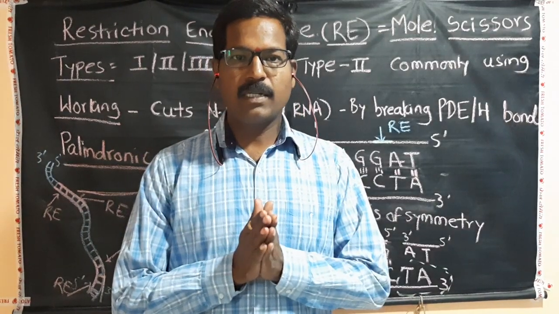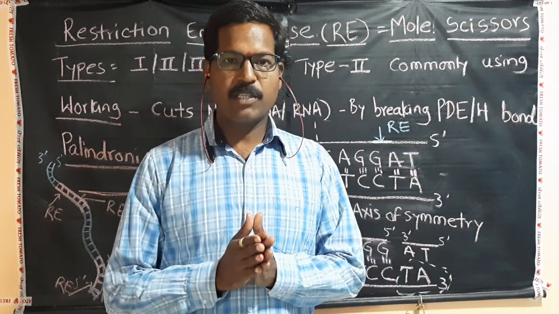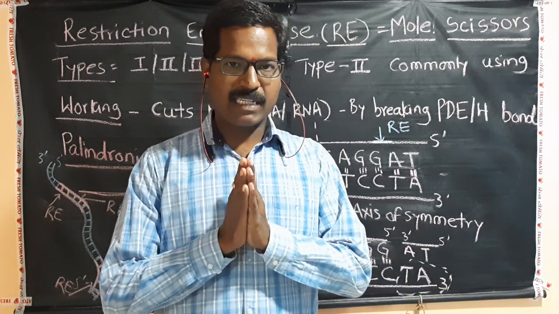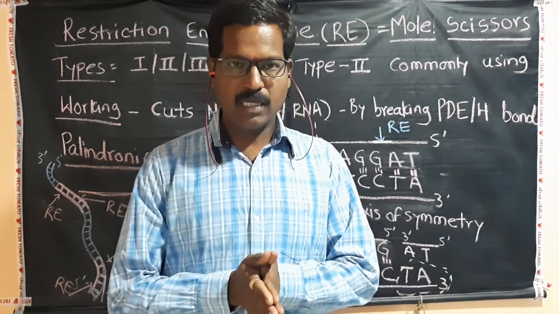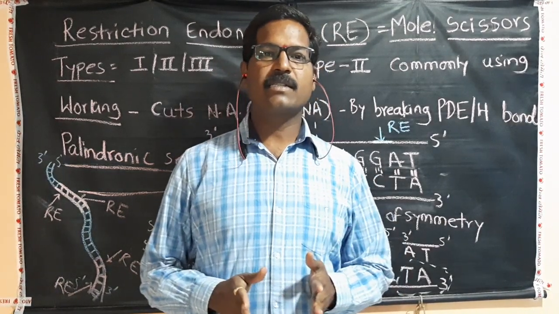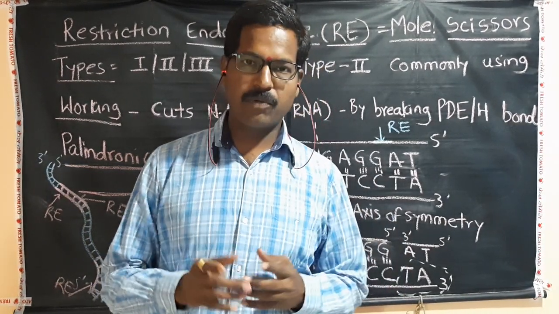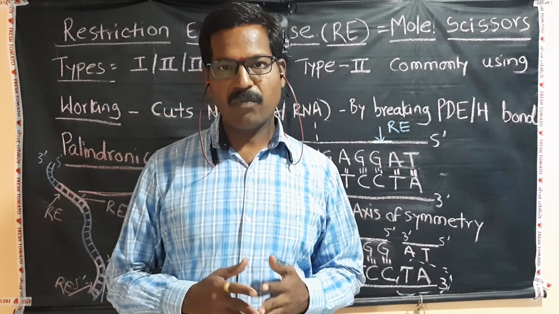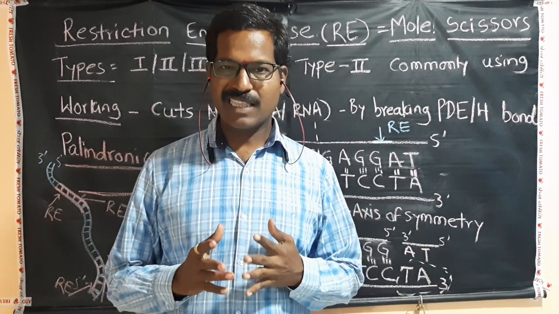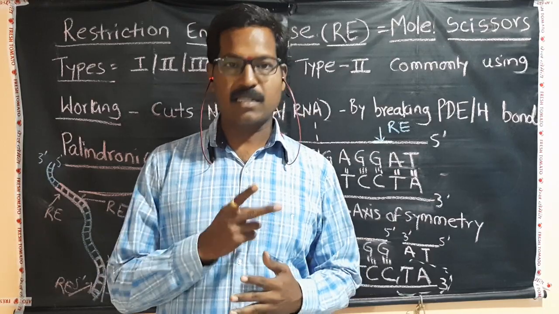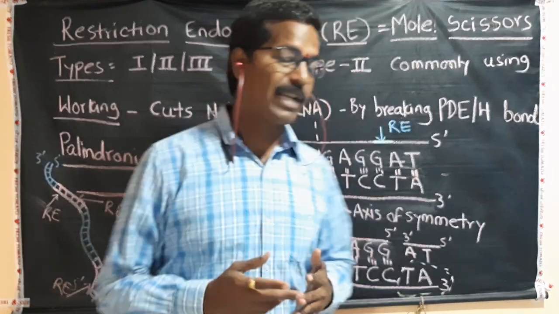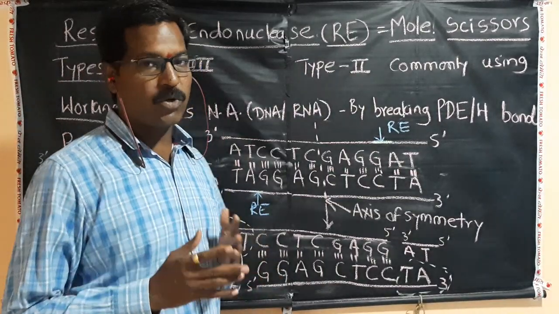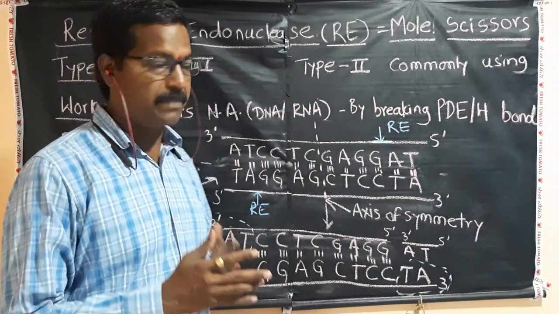Okay, good afternoon, students. In the last lecture, we explained the principle behind rDNA technology. We saw the schematic representation of rDNA technology, and I explained that whenever you are isolating a DNA or a vector DNA, we have to cut it with the help of restriction enzymes. So it's like we have to use a scissor. It's not actually a scissor; it's called a molecular scissor. So we'll understand today the concept behind the use of restriction enzymes, the principle and its types.